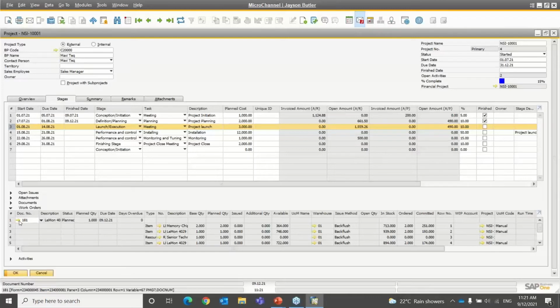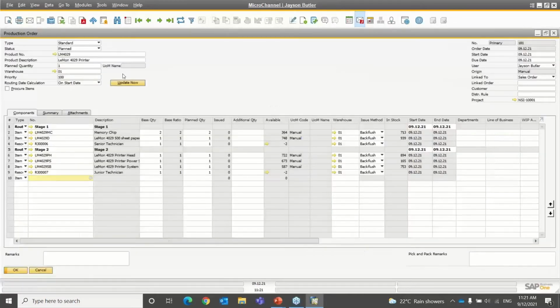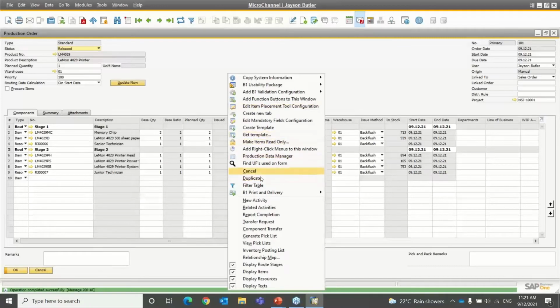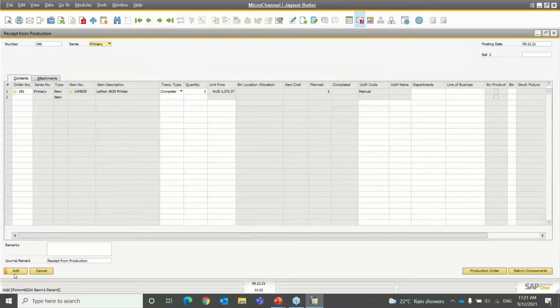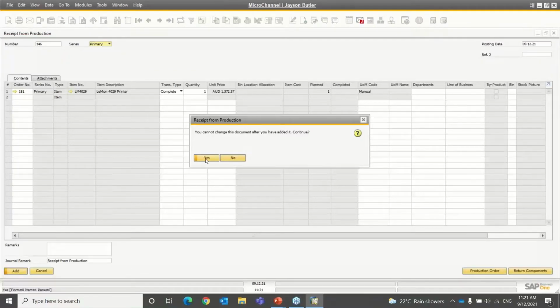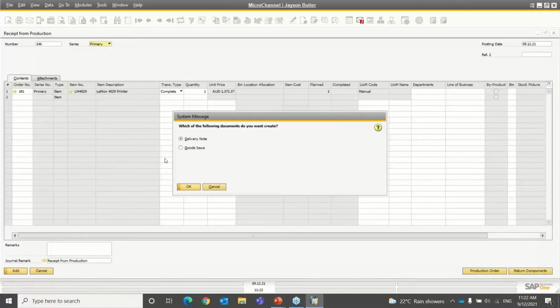And what happens then is, because it's a work order that's linked to the project, the system knows about that. And when you complete the work order, so let's say I'm just going to report the completion, at the time of having reported the completion, it comes up with this message that says, items or resources have been consumed. Do you want to create a delivery note or a goods issue? So it's basically saying you've produced something relating to a project. Do you want to now consume it in the project, which means goods issue it? Or do you want to deliver it to a customer because you've produced it for the customer? So if I say yes, then it gives me the option of generating either a delivery note or a goods issue